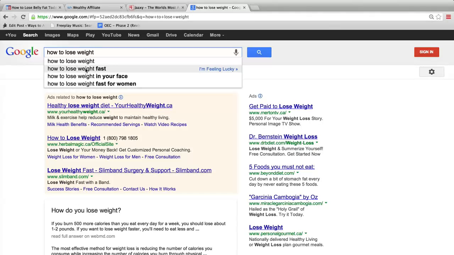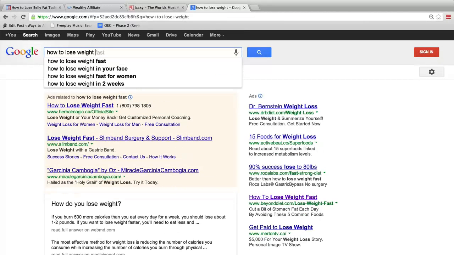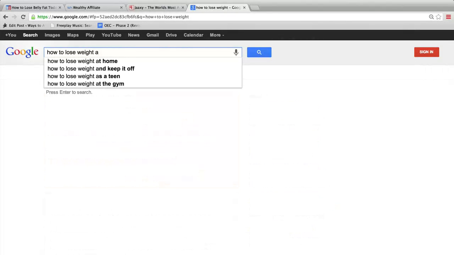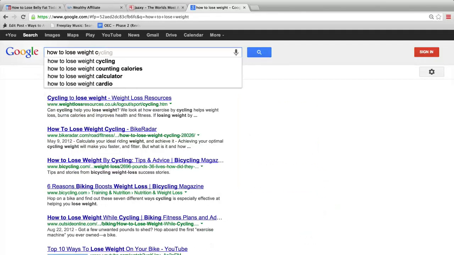Basically what I do is I leverage this for my initial keyword ideas, which I then go plug into Jaxi or the WA keyword tool to get data and metrics on that particular keyword. As I'm typing, I can type in how to lose weight, and then I type in the letter A, B, C, and I can go through the alphabet and get a ton of keywords within absolutely any niche. I'm just showing you within the weight loss niche, and there's thousands of different aspects of the weight loss niche,